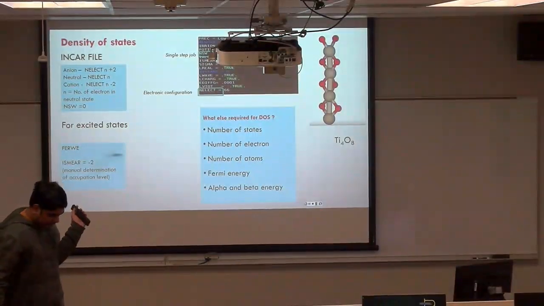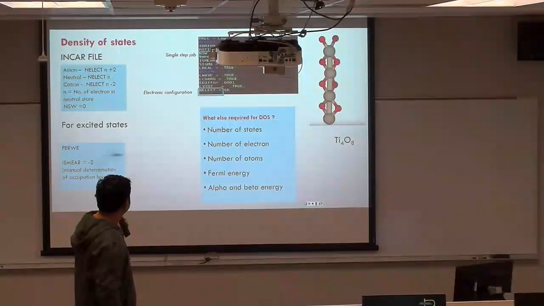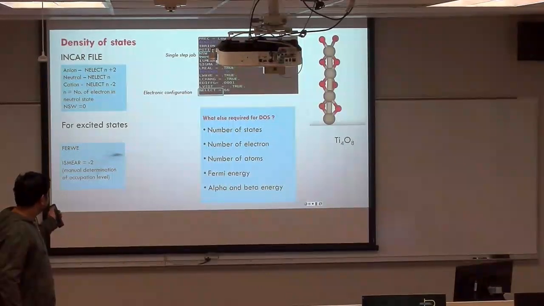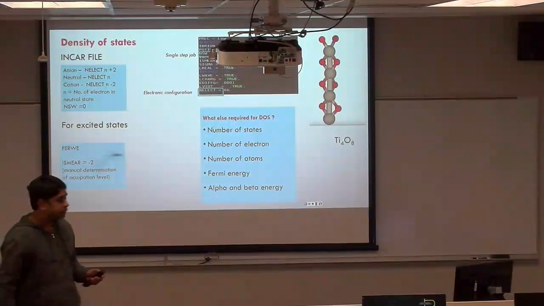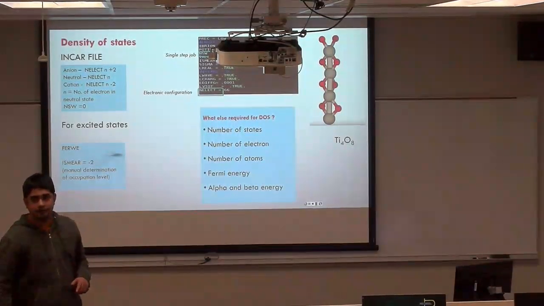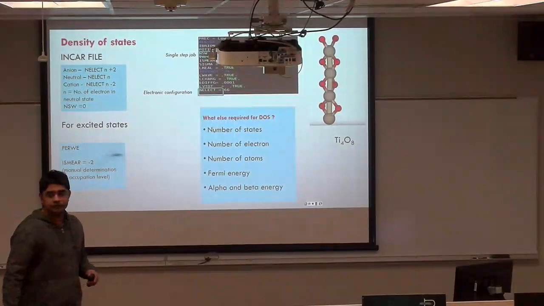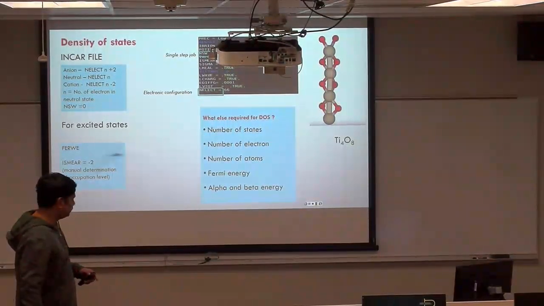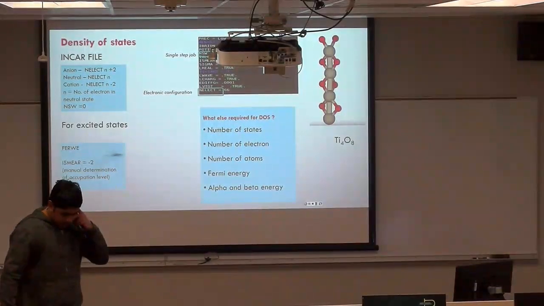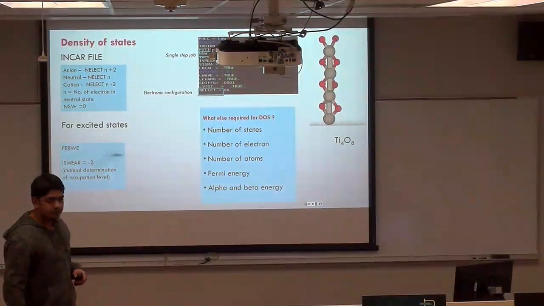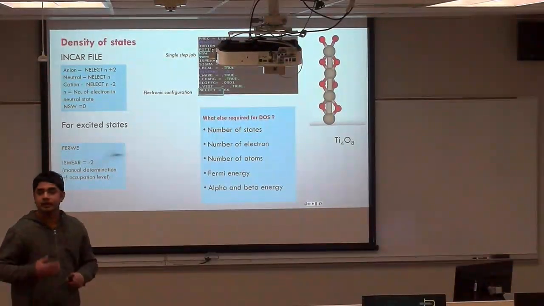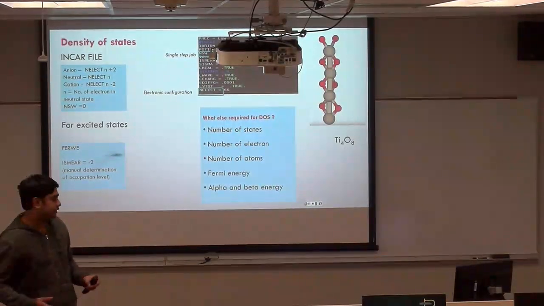One more specific change in the INCAR file is that for the excited state we have to use the command ISMEAR = -2, along with FERWE and FERDO. That controls the manual determination of the occupation levels. If ISMEAR is equal to 0, there will be automatic determination of the occupation levels. As shown in the earlier slides, NSW here is 0, so it's a single step process, and the electronic configuration can be determined depending upon the anion, cation, or excited state.